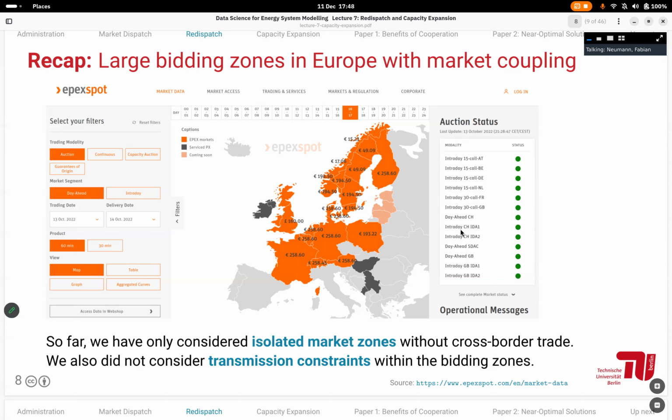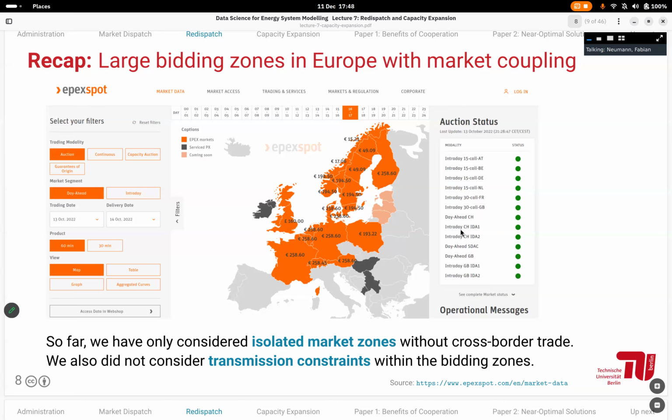What these markets don't know about, and are completely agnostic about, is what happens in the network inside. It's not completely agnostic. There's some form of approximation about it, but in principle, it's a bit blind towards transmission